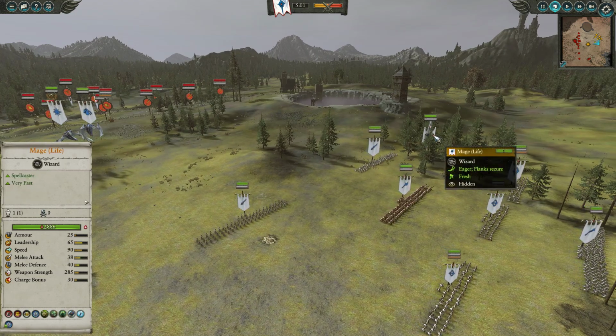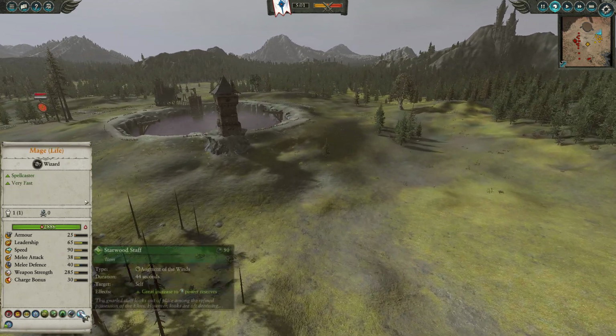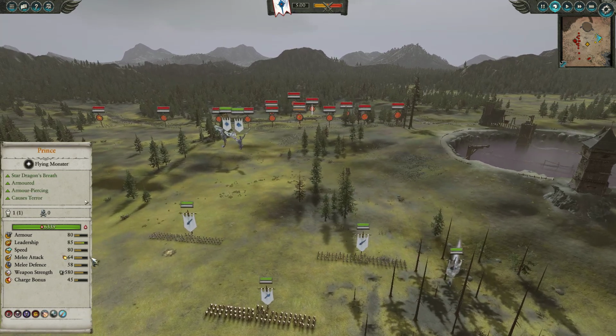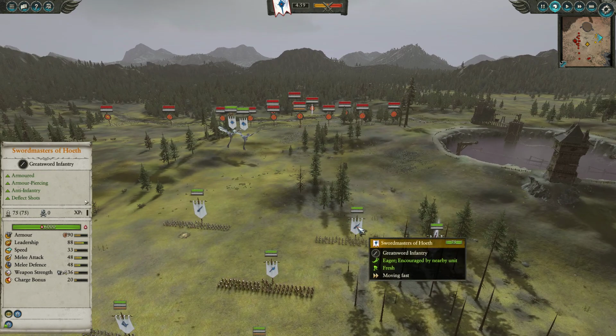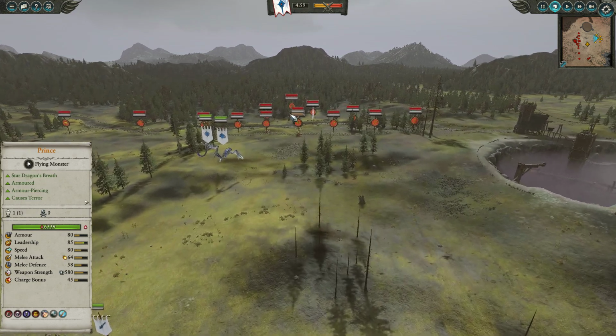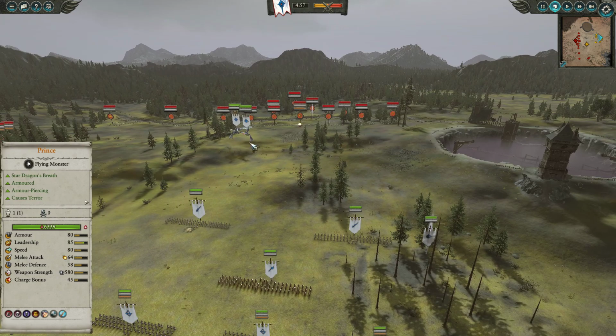For the rest of my force, I do have a Mage of Life here with Regrowth and Earthblood, as well as Life Bloom, the Book of Hoeth, and the Starwood Staff, or whatever it is. I do believe it's the Starwood Staff. So I'm trying to get the most healing possible. Obviously, with this sort of elite build, you really do need to keep your troops up and alive and healthy. And obviously, with Star Dragons, if my opponent brought Stegodons or even Chameleon Skinks, he could whittle them down and kind of poke away at them over time,